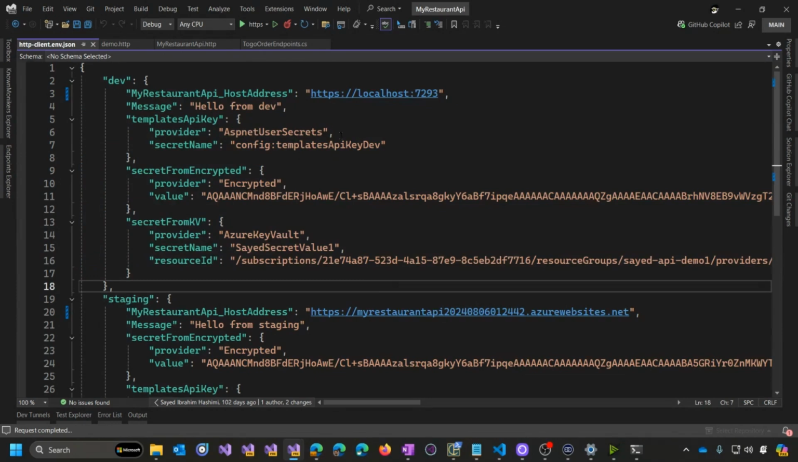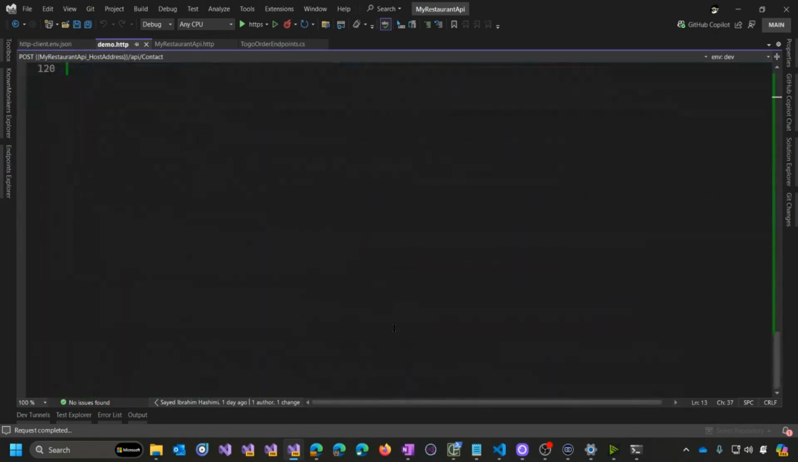So this is an example of user secrets. This is an example of Windows DPAPI having encrypted that, and that's machine and user specific. And then here's an example of Azure Key Vault. But let me just demo you the